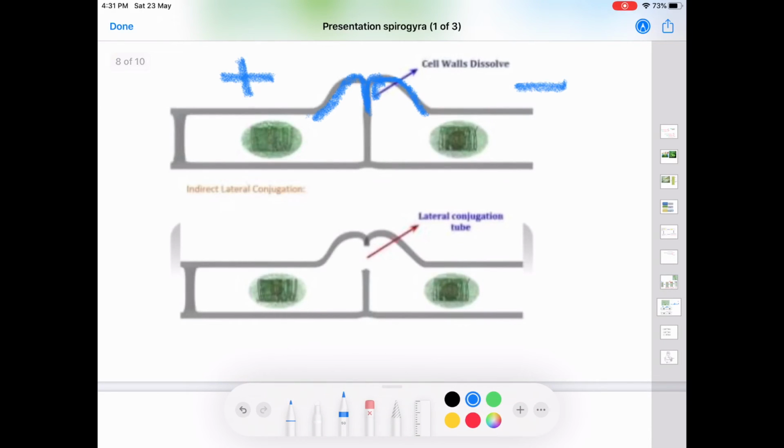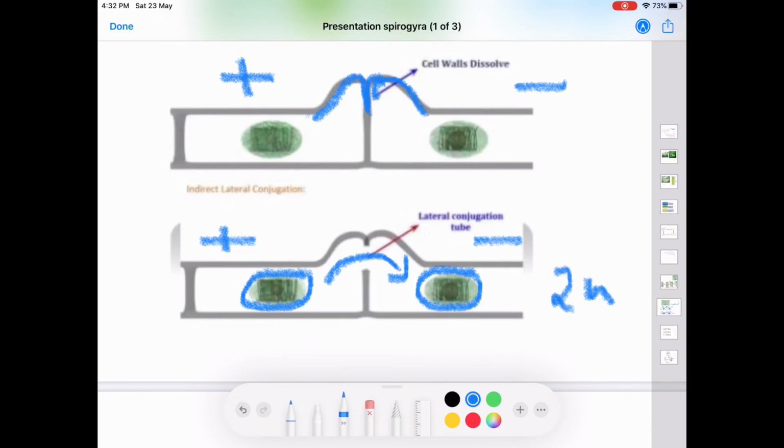One of the cells will be acting as the male cell and the other as the female cell. The protoplasm rounds off producing a male gamete and a female gamete. The male gamete from the male gametangium moves into the female gametangium